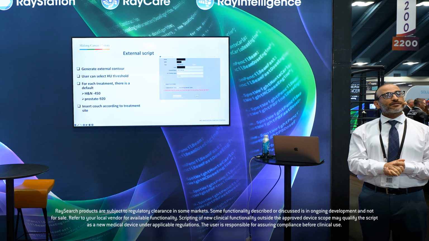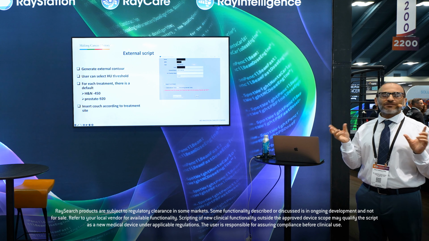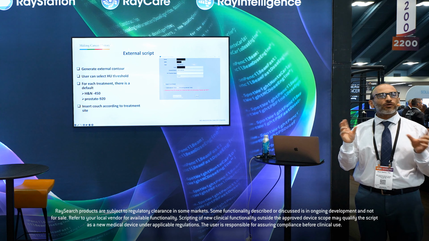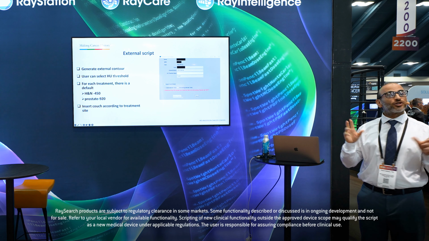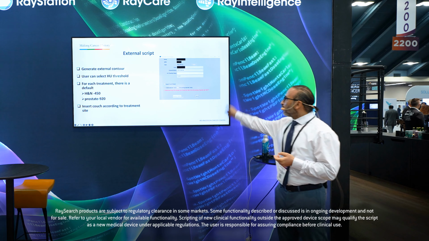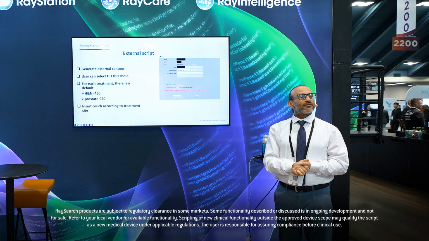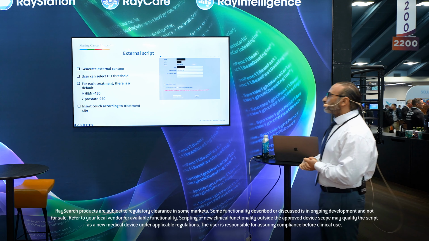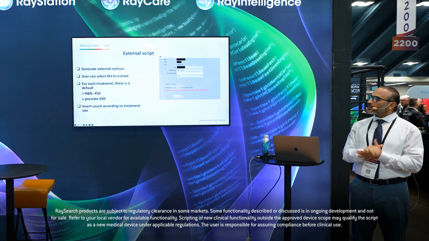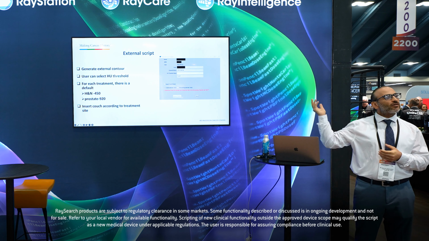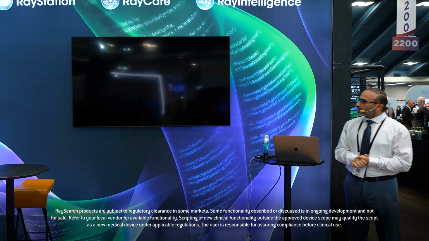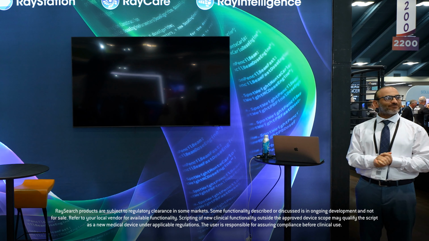But in case we have some different anatomy patients, or the dosimetrist needs to change the contour a little bit, or we have challenging cases, we have a user-defined HU value that the dosimetrist can insert in here, and we can define the new contour based on this user input. Once we get this done,